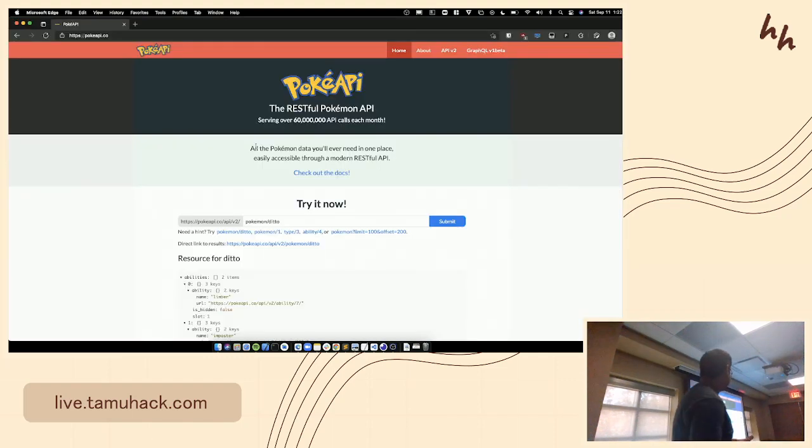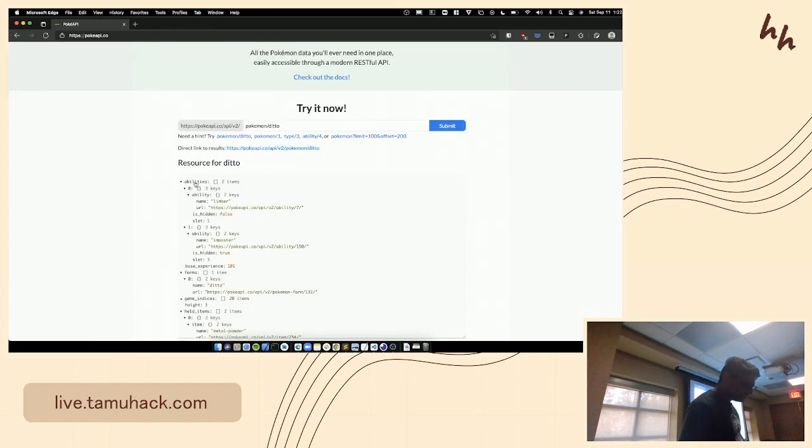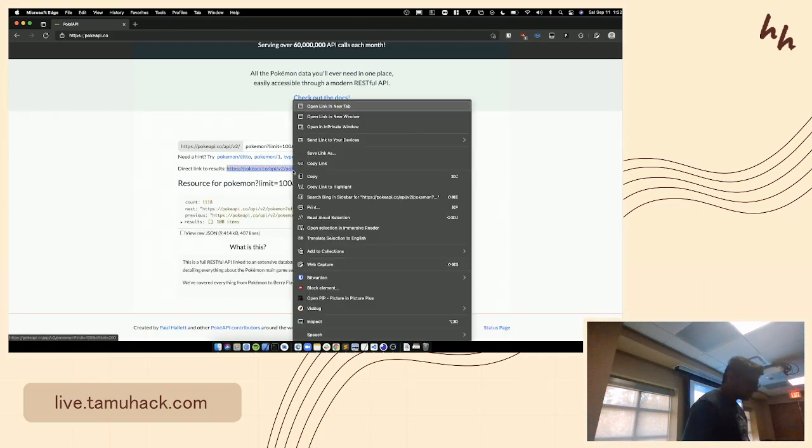So I found this API on the internet called the PokéAPI. It's just an API with Pokemon. It's great. You can get all sorts of information on different Pokemon and stuff, and even query them. Let me see if I can open this link. Their website's a little terrible, but